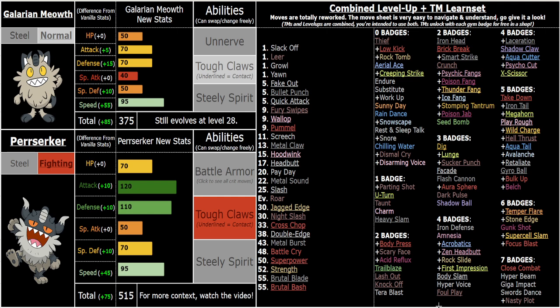Actually, it's more than 180. Hold on. 120 times 1.25. So it's, wait, sorry, 2.25. 120 times 2.25 is 270. Meanwhile, Tough Claws, Brutal Blade, for example, is,